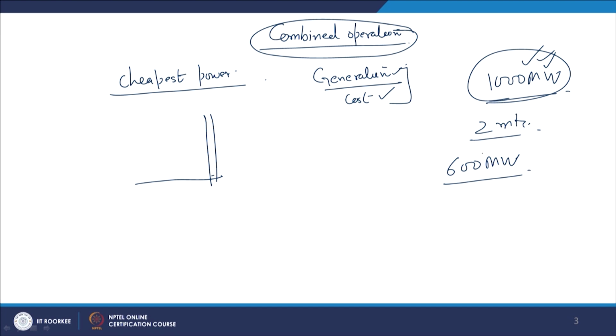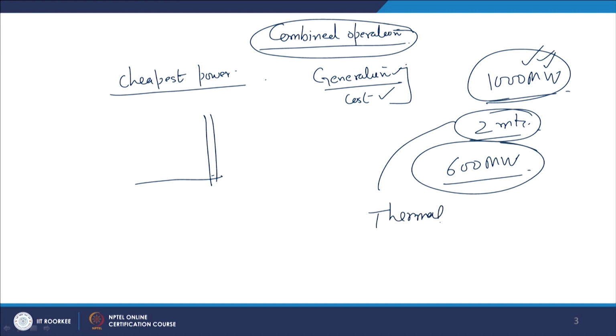So, what I can do, I can make a 600 megawatt plant and 400 megawatt for 2 months can be met with a thermal power plant or nuclear power plant, right. So, this is known as combined operation. The combined operation also ensures the continuous power. Suppose this hydropower plant fails, we have 400 megawatts of thermal power plants, at least we can continue to supply some of the power. But suppose solely I am dependent on the hydropower plant, something goes wrong with the hydropower plant, then there will be no power at all.